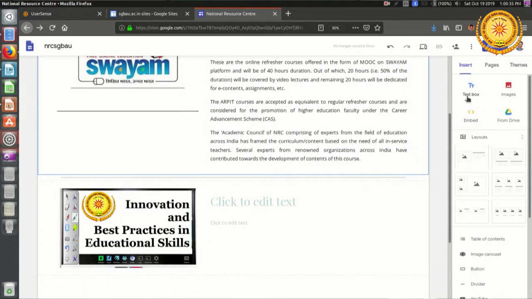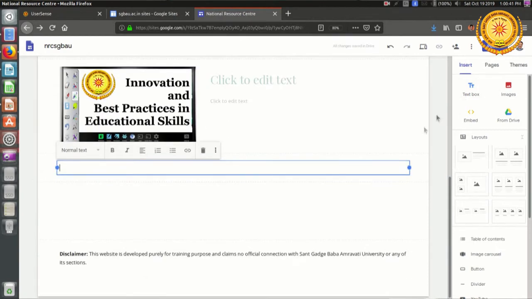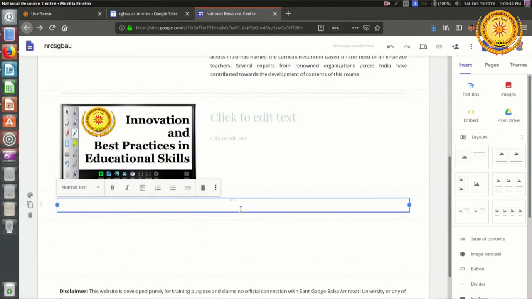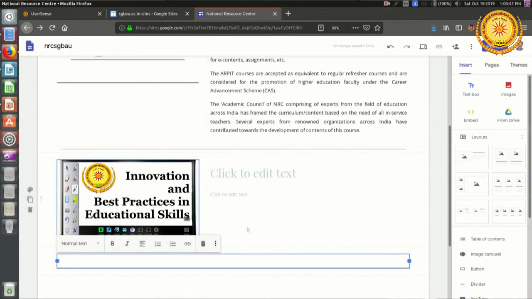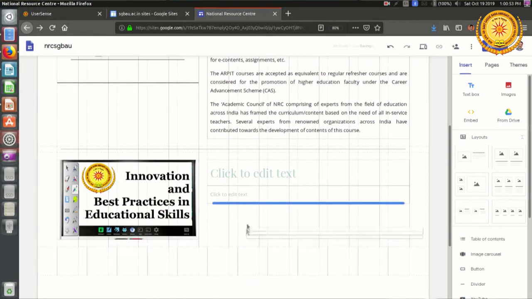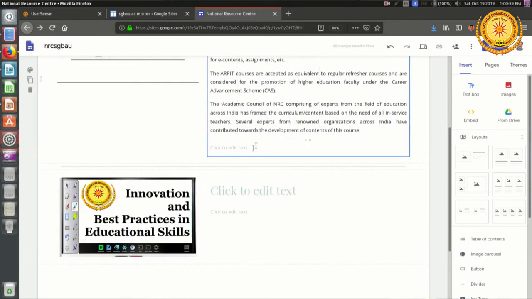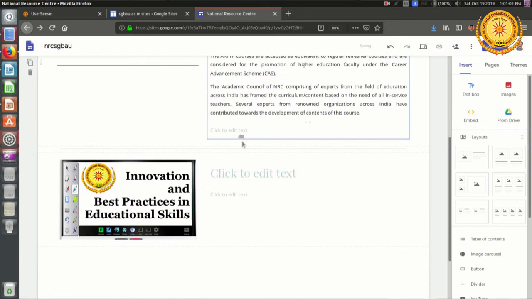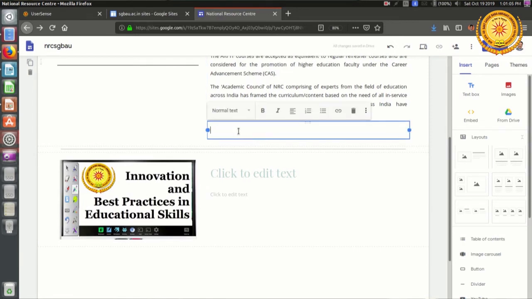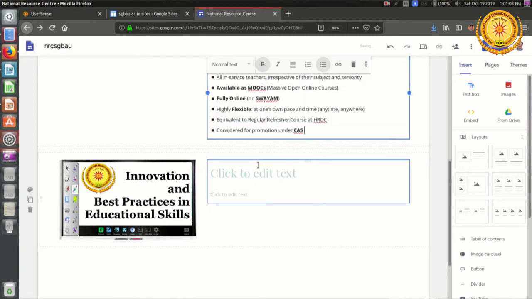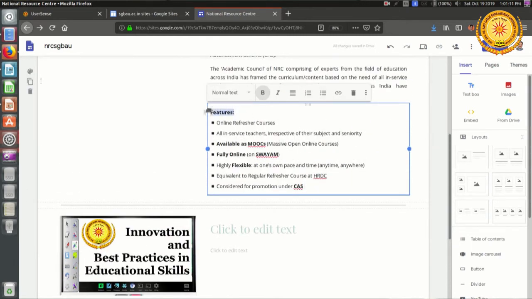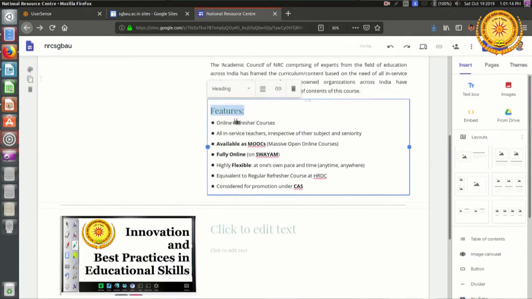See, this will also let you know how to insert objects in already existing web page. Now if you see here, I want to insert this text box at this place, whereas one more section has been already added. So what simply I have to do here is just click this text box and drag it to the place where I want. I want it here. So see what I simply did, I clicked and I dragged. So this is the place where I want it. I have selected and copied it. So just I have to do is paste. So the features, it is taken as heading. So these are the features. Okay.